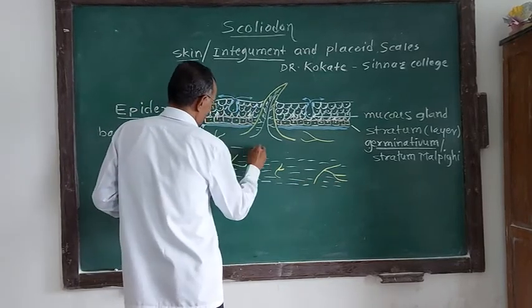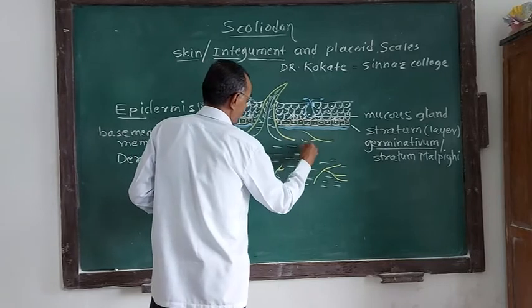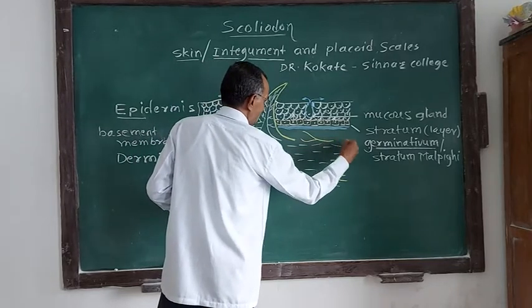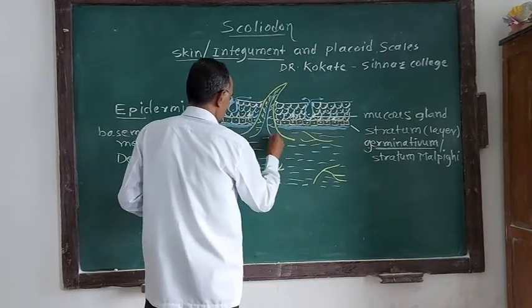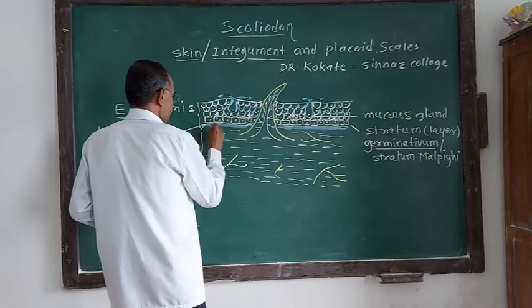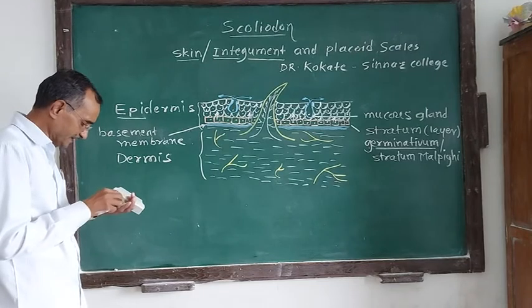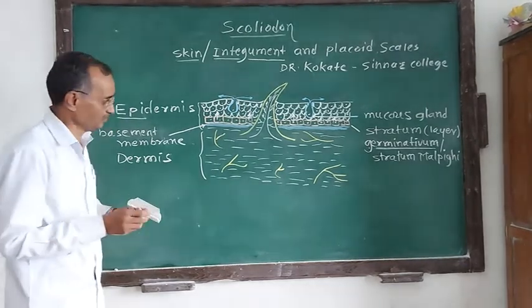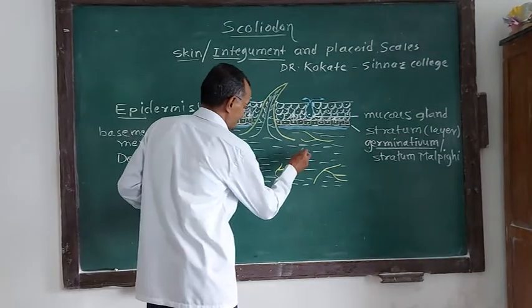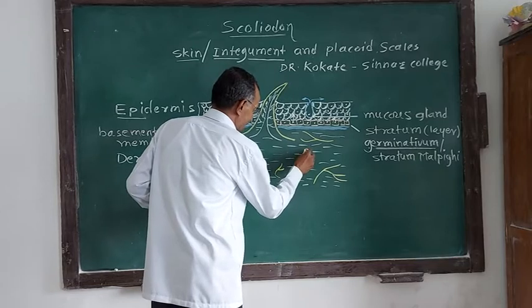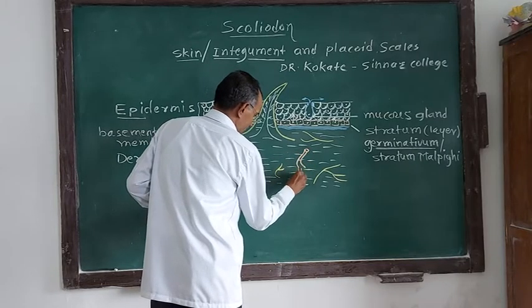So the dermis is composed of such collagen fibers. They are called white collagen fibers. I have shown them in the diagram. These are white collagen fibers. It is also made up of blood vessels. The dermis is also composed of blood vessels. Suppose this is a blood vessel like this, maybe branched in this manner.